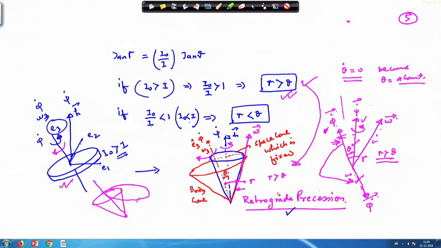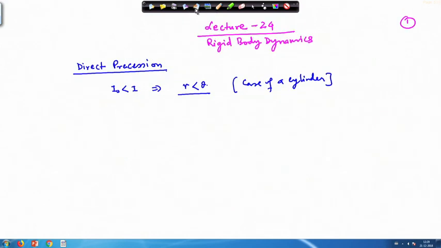In the case of the cylinder, if we have a cylinder like this, obviously we see in this case I 0 will be less than I, which is along these two axes, E 1 and E 2, and this is your E 3. Here you have I, and I 0 is along this direction. So, in this case gamma will be less than theta. For this we can make another figure.